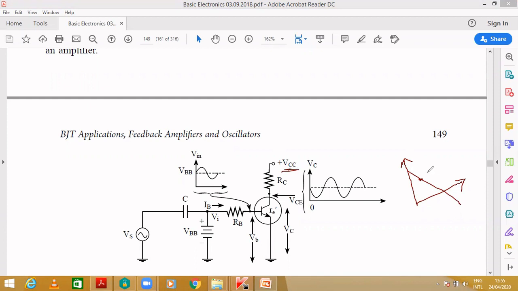So why am I using DC only? If you use AC, what happens? It is fluctuating every second. You can see it is always voltage versus time or current versus time. It is varying every second, and you can't maintain the operating point constant. In order to operate a transistor as an amplifier, the operating point should be fixed.